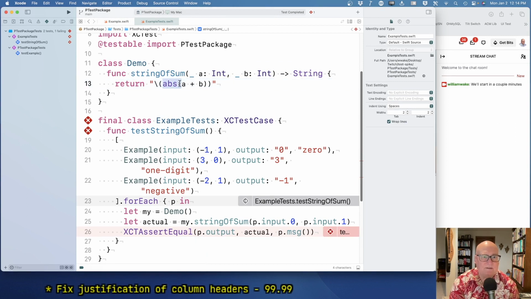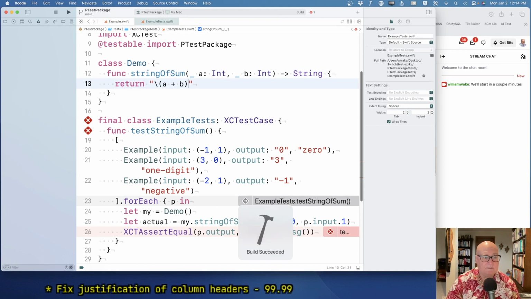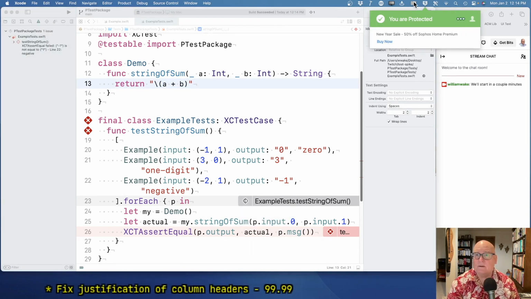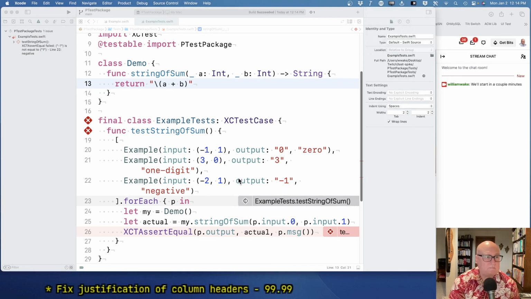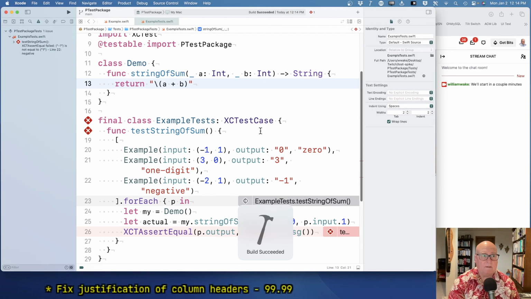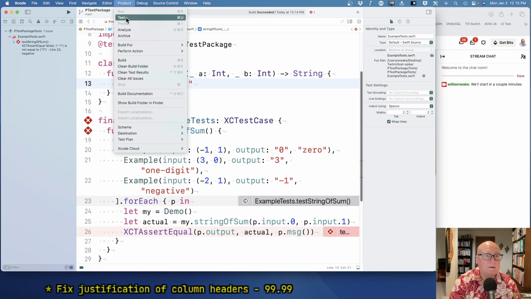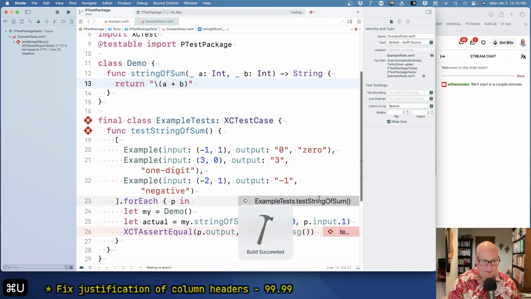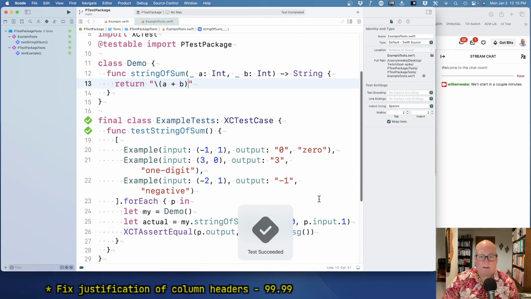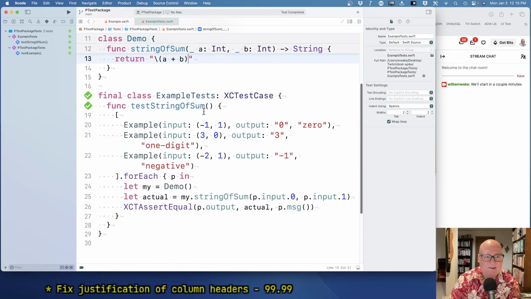All right, let's take this off. Do the natural. Turn this on. Build succeeded. Did it run? Oh, just control. Command U. Okay, and everything's good. All right. Okay, so now I want to